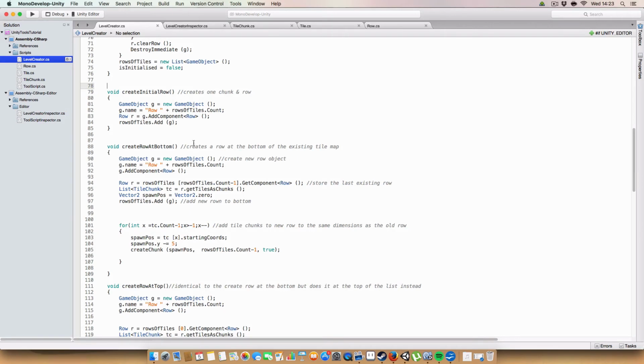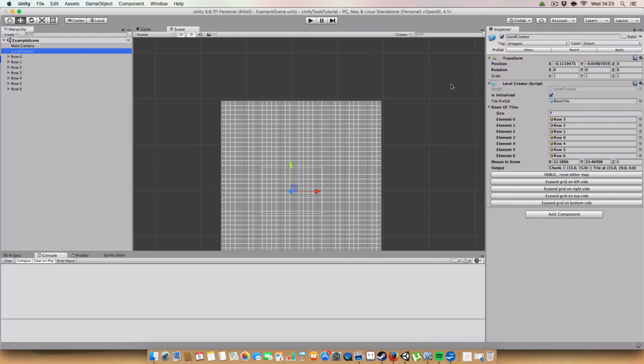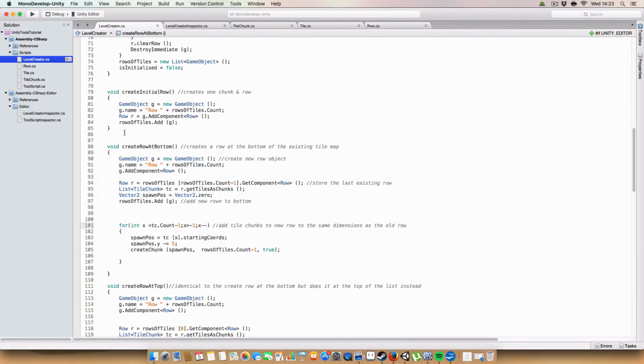Now for actually creating the rows, and these are the methods that are bound to the buttons that you saw on the inspector. So these buttons correspond to these new methods that I'm about to go over. So create row at the bottom basically creates a new game object to act as the parent, names it to be row and however many rows exist at that moment that it's created, and then adds the row script to the game object, and then it will get the row that is currently at the bottom of the grid, basically,